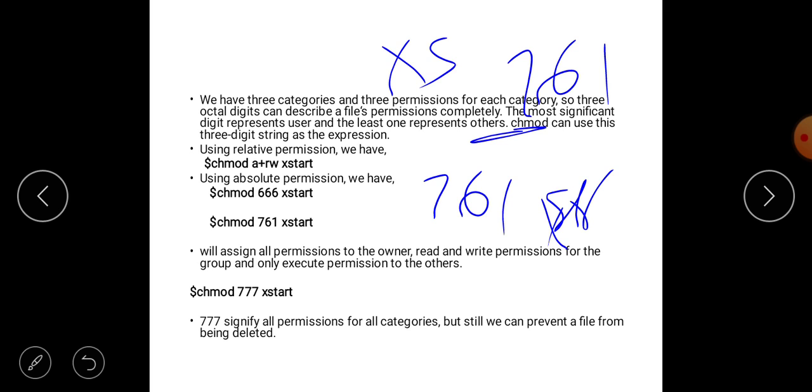Here 7 represents the permission for the user, 6 represents the permission for the group, and 1 represents the permission for others.